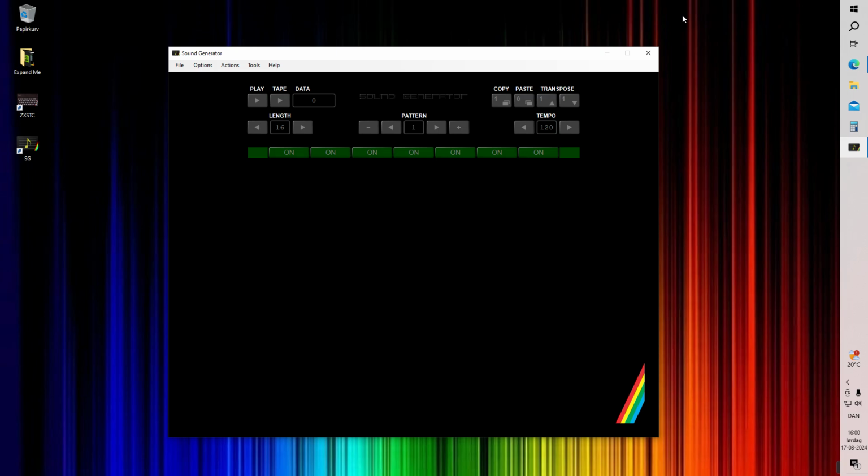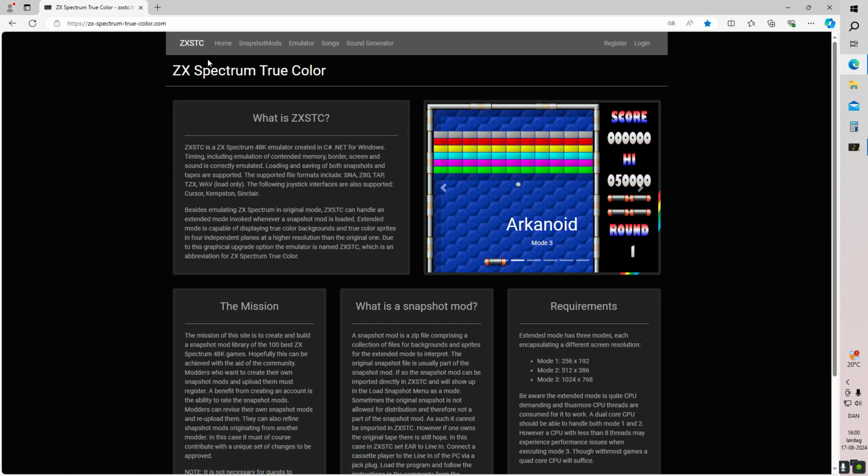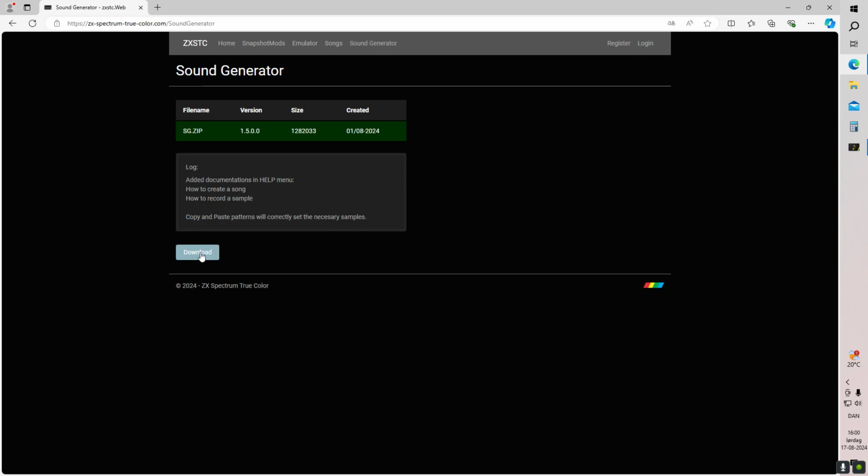At my emulator homepage, you can find this menu item and you can download it. This is a click once installment, and if you have Windows Defender, there will probably not be any problems. But if you have Norton, you have to disconnect your net cable and Wi-Fi and disable Norton, install it, and enable Norton, and connect net cable and Wi-Fi again.